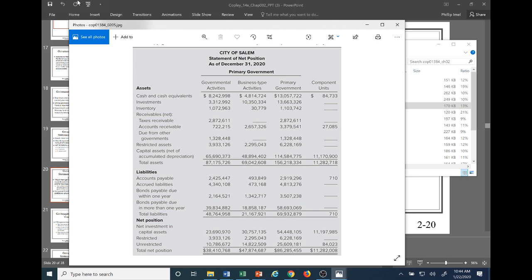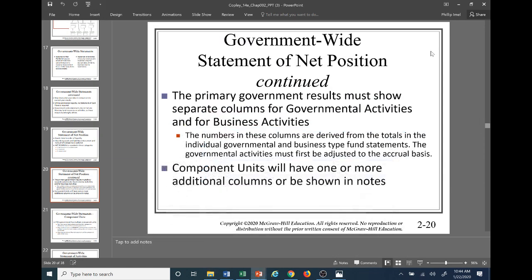All right. And we're going to come back to this after we look at the statement of activities for just a second, because the numbers have to match on the statements, and we'll get to that. Okay, so next for the statement of activities,